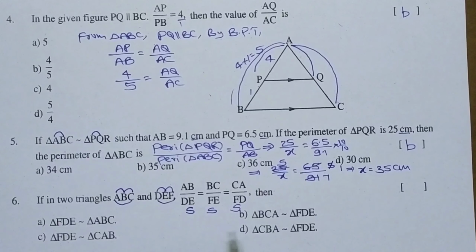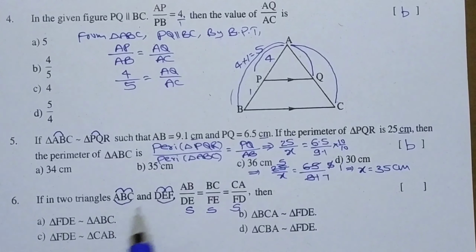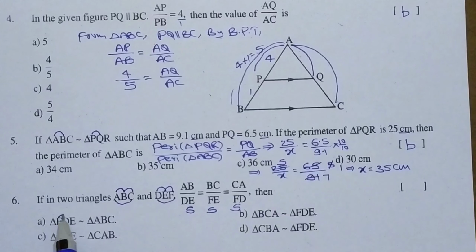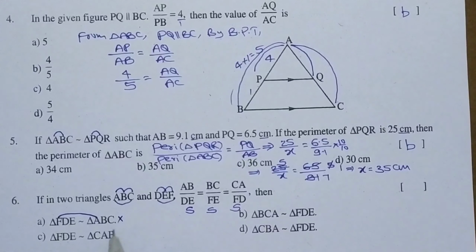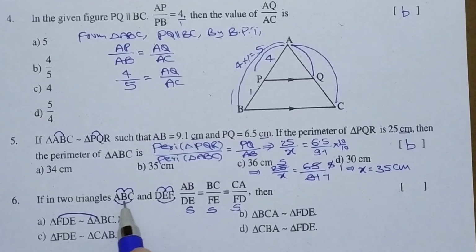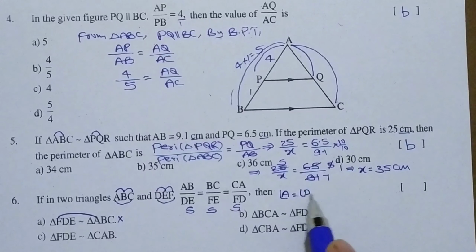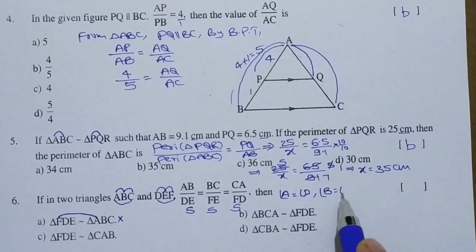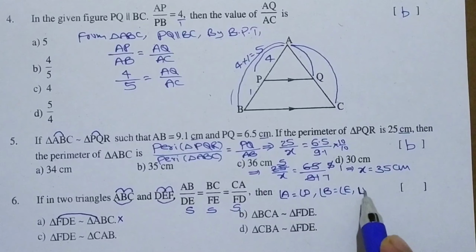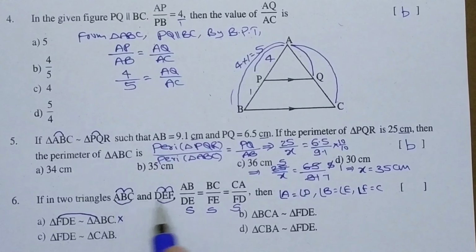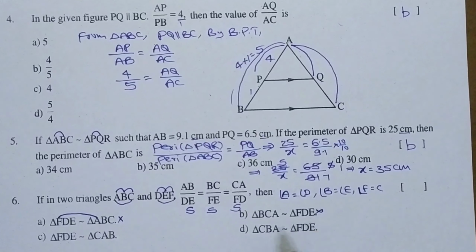But which one is the right option here? A should be matched with D. Here you see F and A are matched, so it is false. B with F: B should be with F. Here for our understanding I am writing, okay. A should be matched with D, B should be matched with E, and F should be matched with C. That is what we have seen. Now B is matched with F, but B should match with E, so it is false.